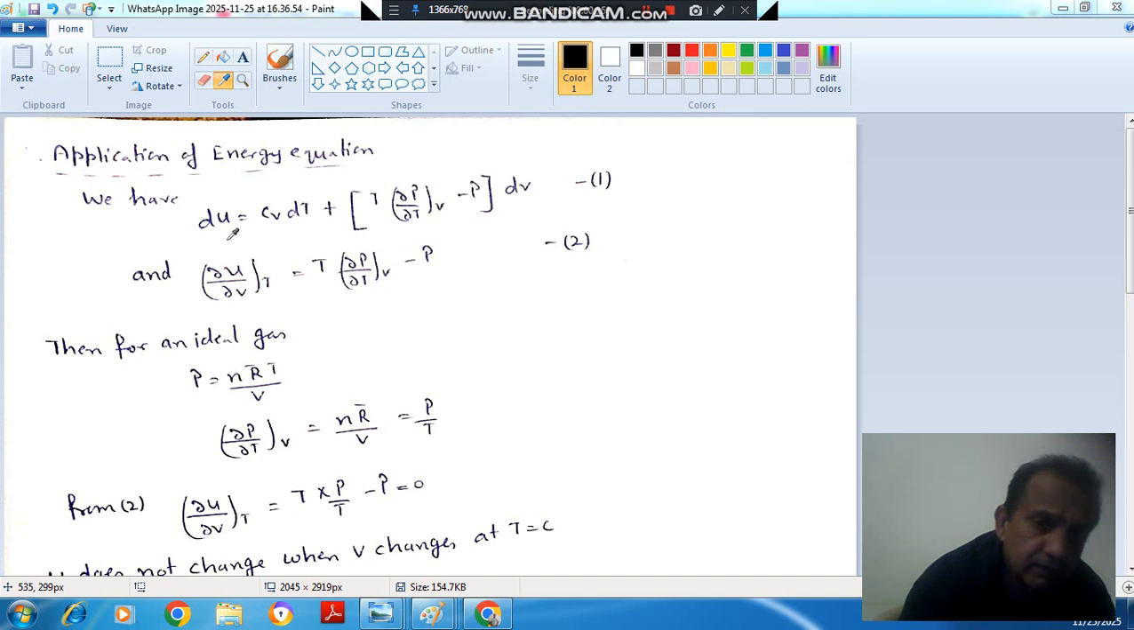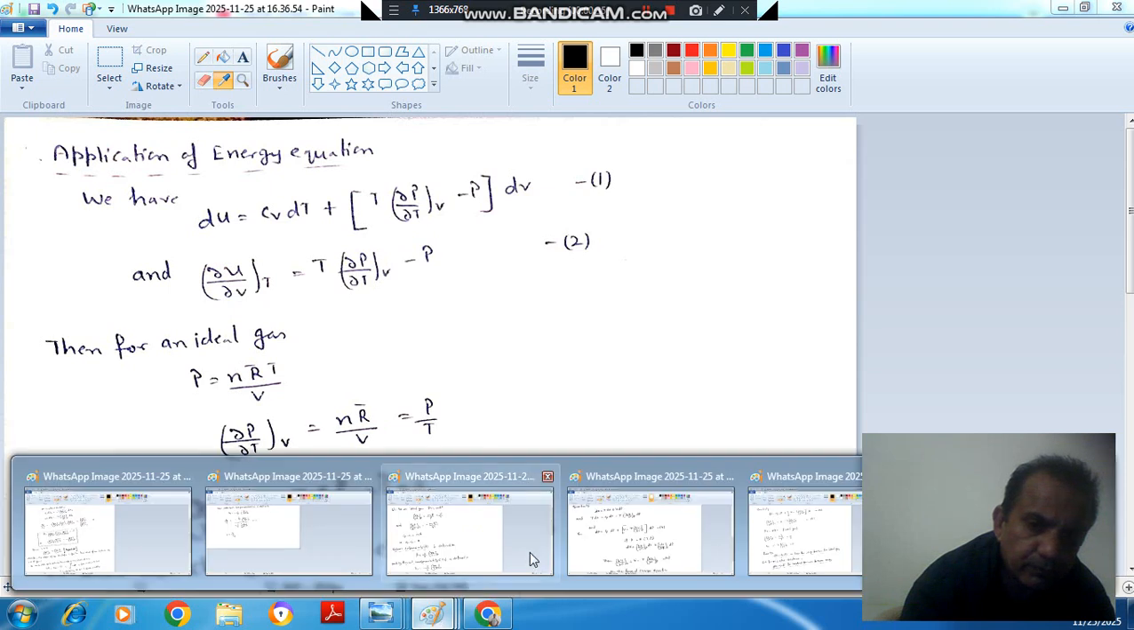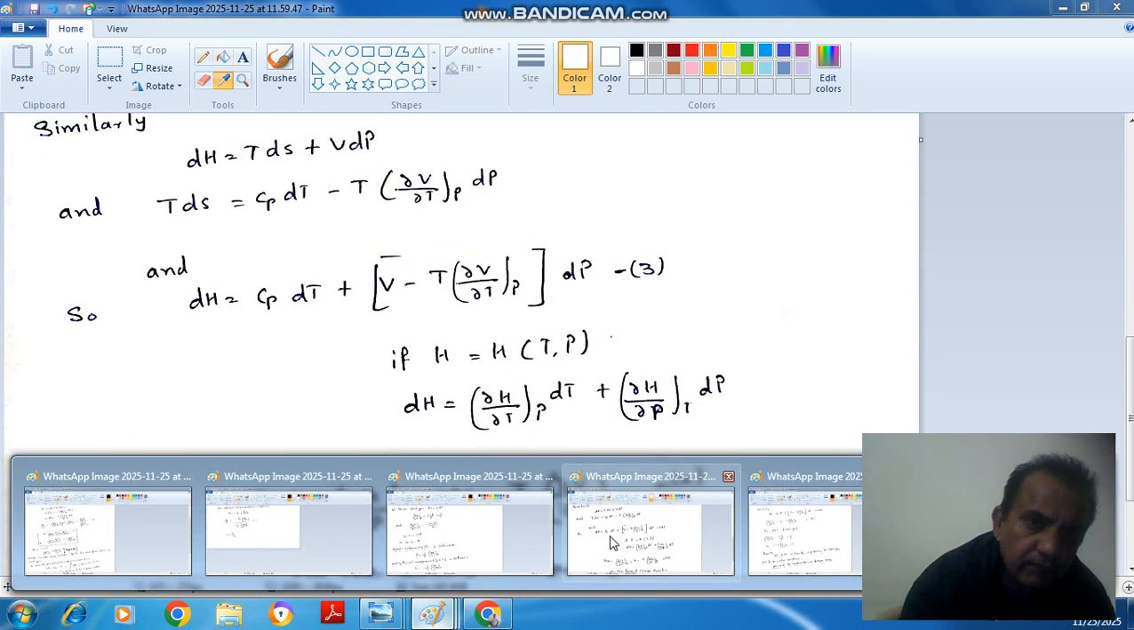So we derived in the energy equation that dU is equal to Cv dT plus [T (∂P/∂T) at constant V minus P] dV. And we also derived that (∂U/∂V) at constant T is equal to T (∂P/∂T) at constant V minus P. These are equations number 1 and 2 that we have derived